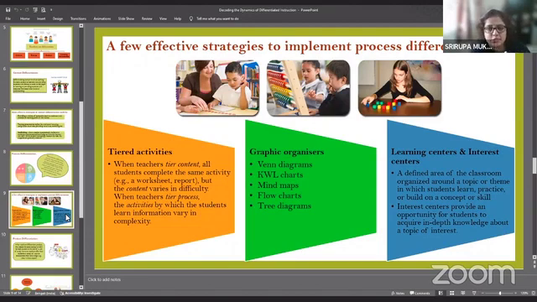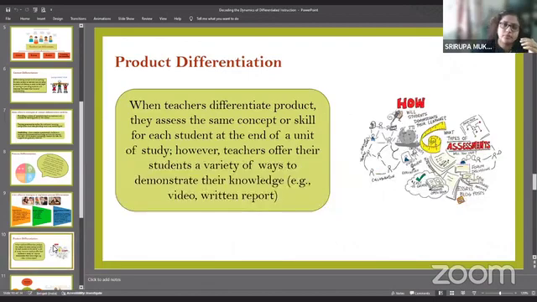Even say for science subjects in the laboratories also, maybe we can set up such interest corners where maybe we can keep some small models or small experimental models. It's not necessary that that experiment has to be a part of the curriculum, because remember, that is exactly what we are talking about over here, that maybe a particular child wants to go beyond the curriculum. So how do we help that child? So this again could be a very effective way of doing it.